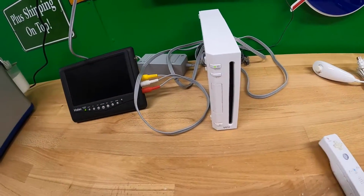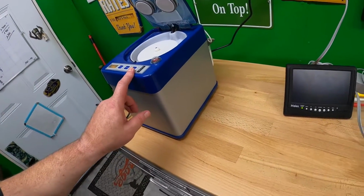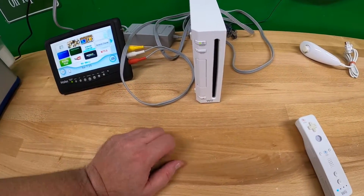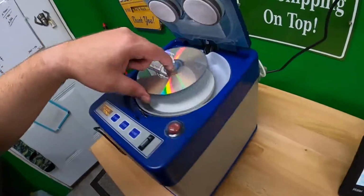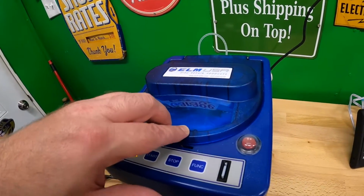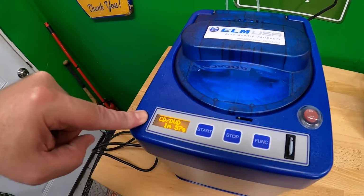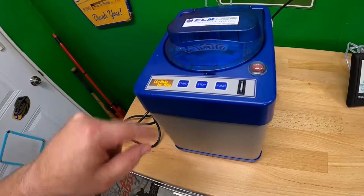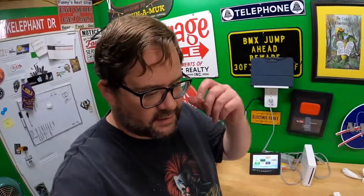I'm going to demonstrate real quick how this Eco Pro 2 works as soon as the Wii gives me my disc back. All right, I'm just going to throw it in here, and like I said, those scratches are pretty bad. So I'm going to punch this button twice, and I'll get 2 minutes of cleaning. And it's all automated. The only thing that you have to do is